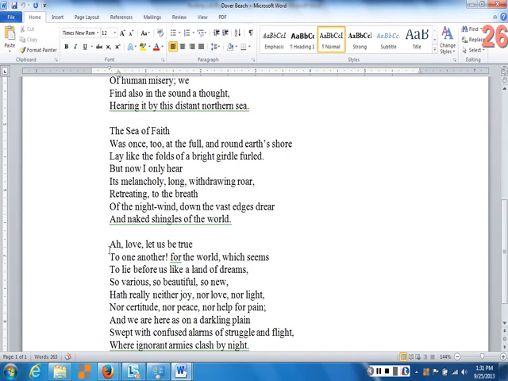Let us be true to one another. This is what he's thinking now. Okay? We've got this subject, religious faith, and we've got this idea that faith is leaving us. We no longer have faith. What are we going to do? So the subject doesn't leave faith behind, but it's adding another subject, which is what do we do in this situation in which we no longer experience religious faith? So this is what we're going to do. Let's be true to one another, okay?